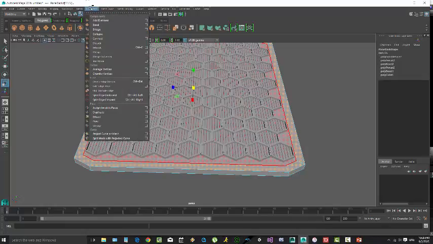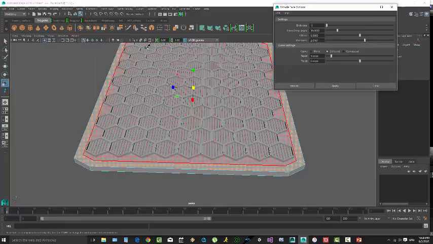So instead we'll go to Edit Mesh, Extrude Options. And we're going to change our